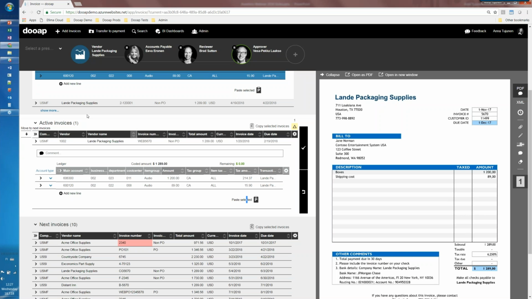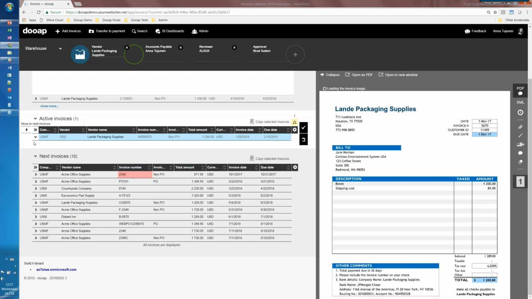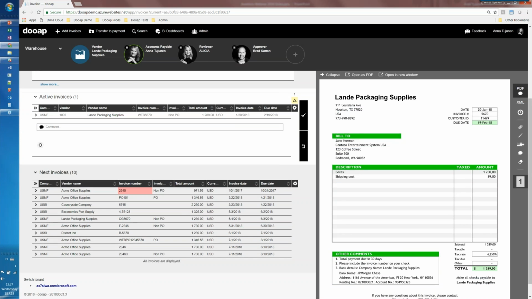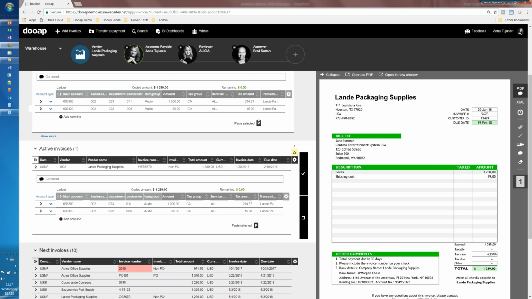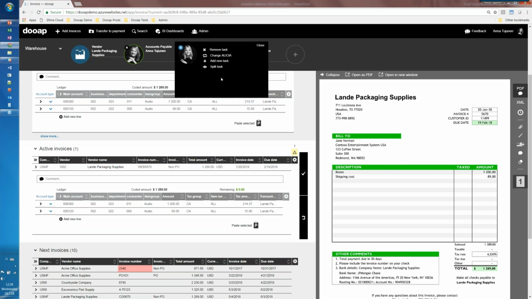Good. About the intuitivity a bit more. For example, the workflows. As a roadmap feature, we are adding the position hierarchy also to DoApp, so that we're able to use that from Dynamics. But also, we have the possibility to modify the workflows in real time. So if you give the rights, for example, to AP to do modifications to your workflow, you can easily do that.